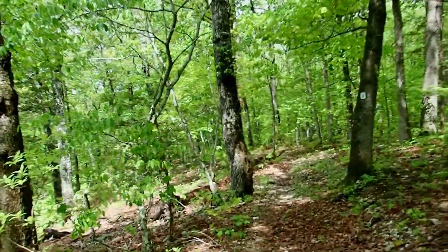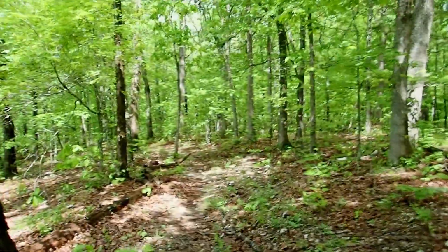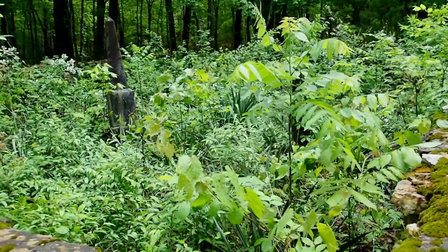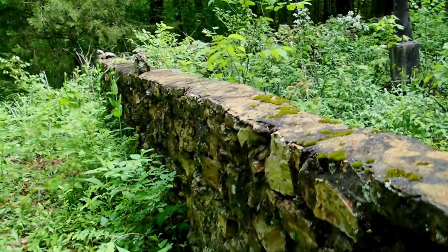Anyway, the sun's coming out. There's blue sky. I'm probably gonna get sunburn. It puts the lotion on the skin. This is the old cemetery. Pretty overgrown. I don't know how old the stones are in there,